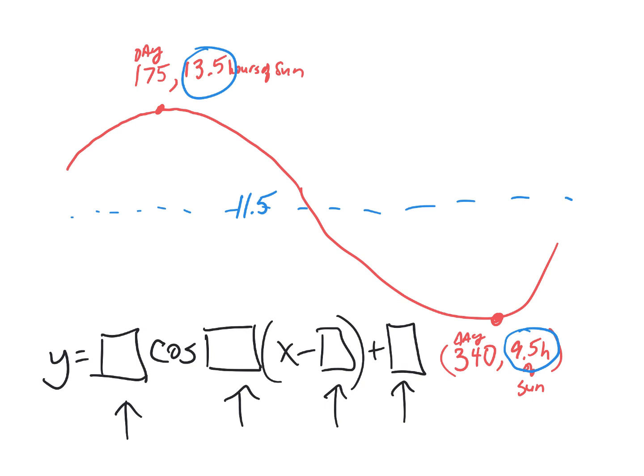So this one is the amplitude. And so that one would be from 11.5 to 13.5, which is 2. That's how much it goes up from the midline up. That's what you always do to figure out the amplitude of something, is go from the midline up. All right, next. This is the period, which is 2 pi over b. That's just an equation that's always true. The period is 2 pi over b. So then, what's our period?